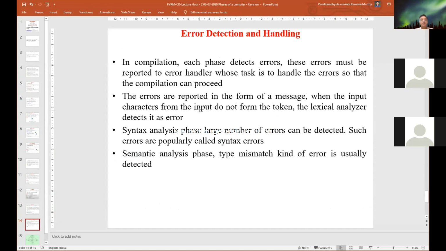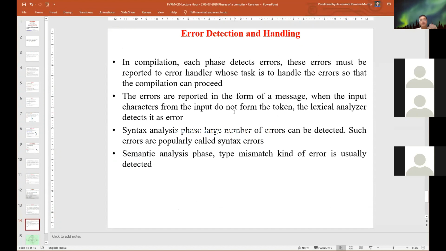The errors are reported in the form of messages. When the input characters do not form tokens, the lexical analyzer detects it as an error. In the semantic analysis phase, a type mismatch kind of error is usually detected.